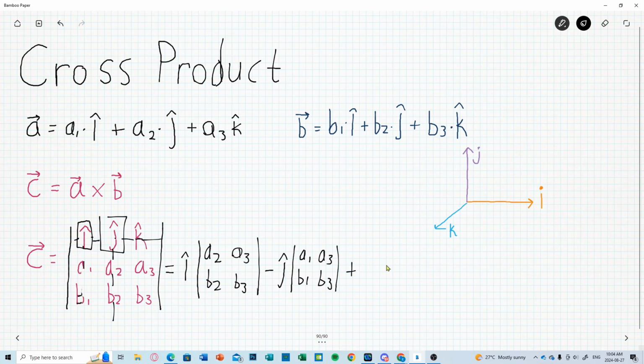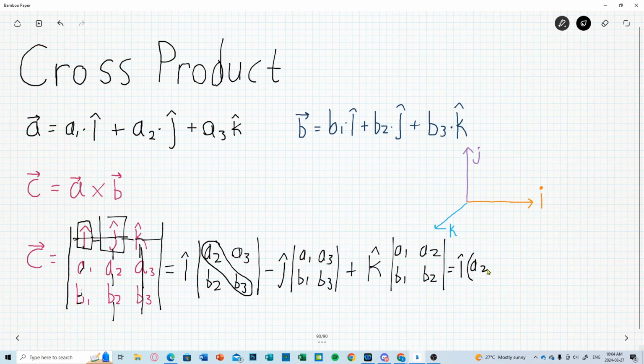And now we add plus k being multiplied by the matrix where we take out the a3 and the b3, and the i and j, leaving us with just a1, a2, b1, and b2. Now from here we're able to solve for the determinant. So we're going to have the right diagonal subtracted by the left diagonal. So we're going to have i multiplied by a2 multiplied by b3